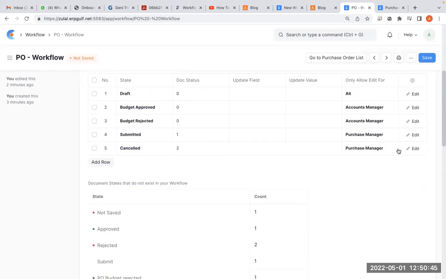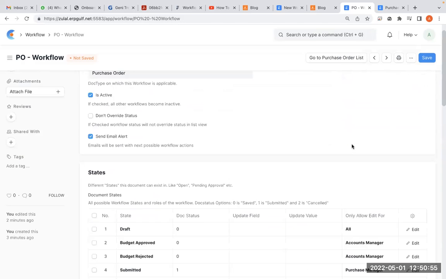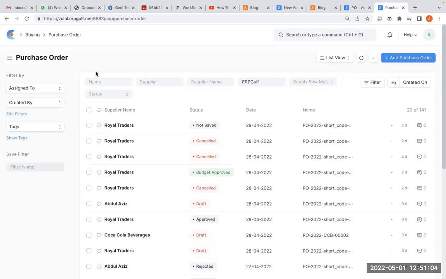Here also on all the stages you will do that. Here you have the next action email template. You put in an email template and it will automatically send. Once he's pressing that button, it will send an automatic email to the next person that he needs to do. So here, let us now start an